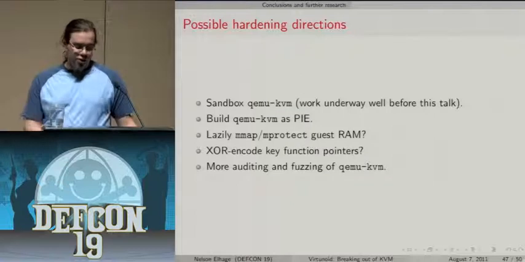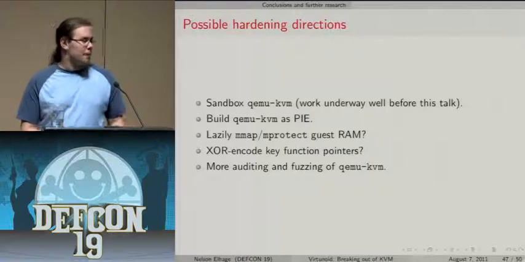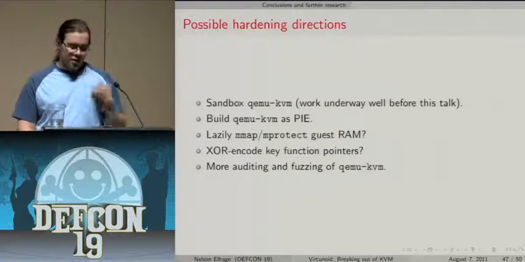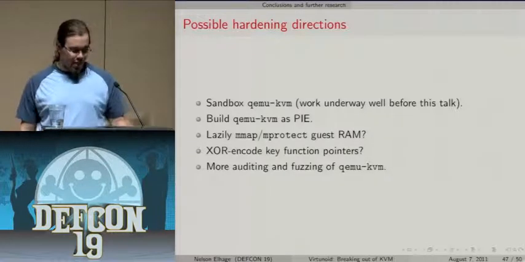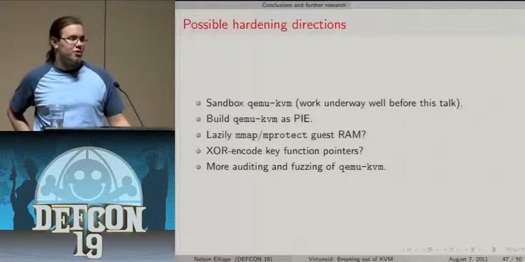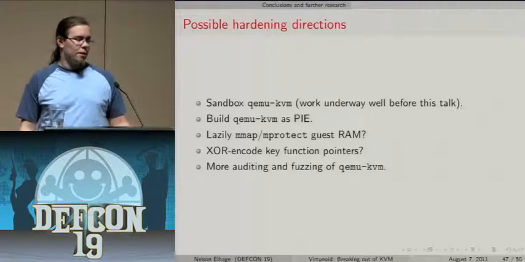Then we can try some crazier ideas. To make things a little bit harder, we could try the standard technique of XOR encoding key function pointers, XORing them with some constant value that's stored at some address, and then un-XORing them when you get them out, so that if a memory corruption bug tries to